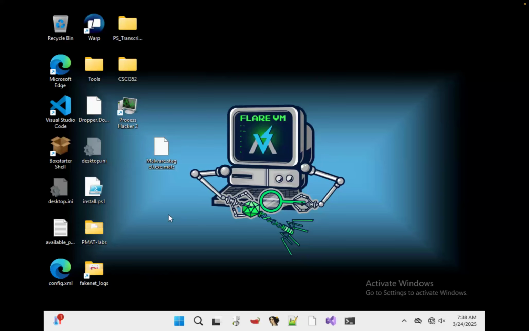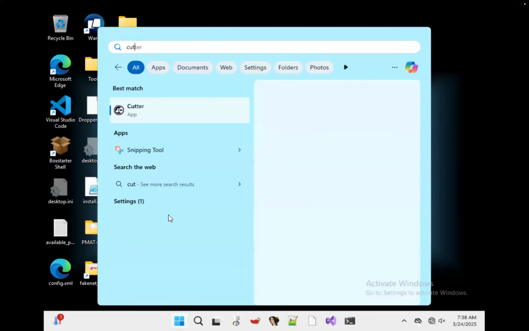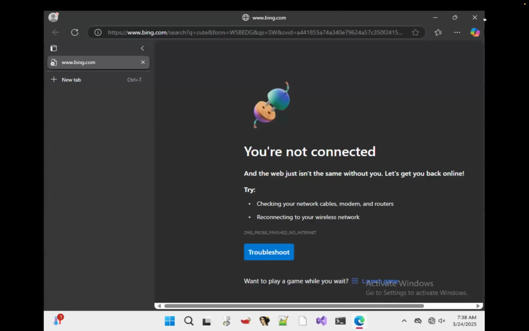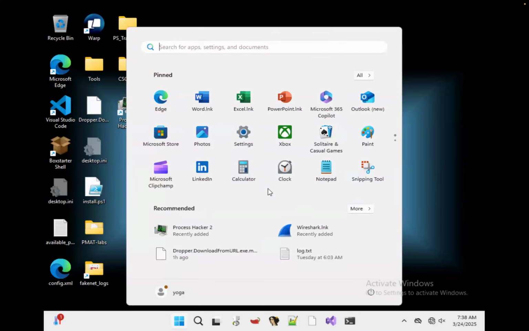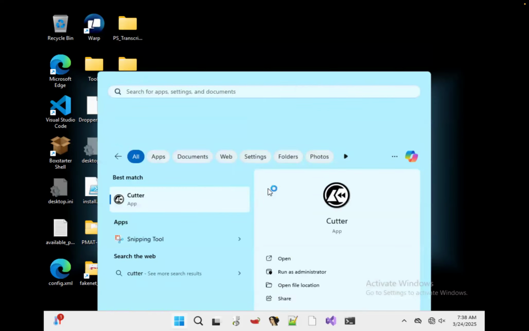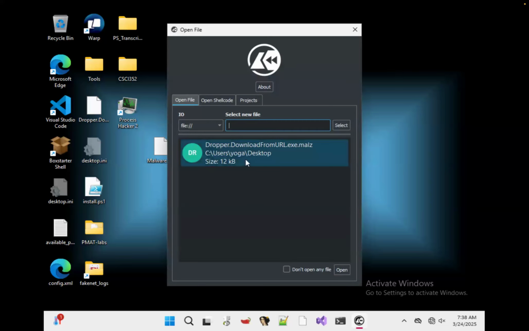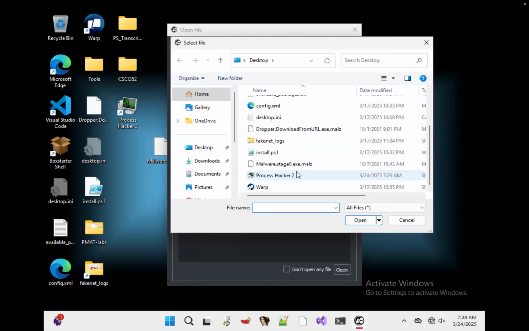Okay, as we introduced, we have Cutter, and this time we're going to open the file. It's called malware stage